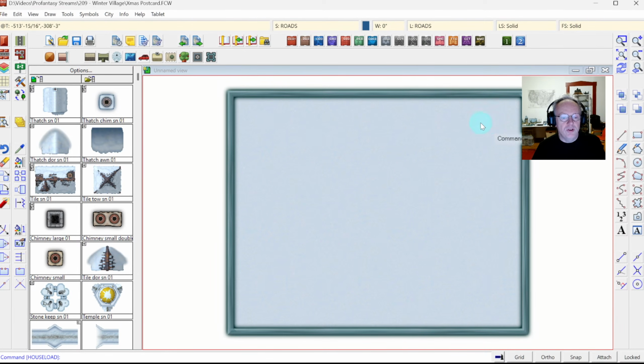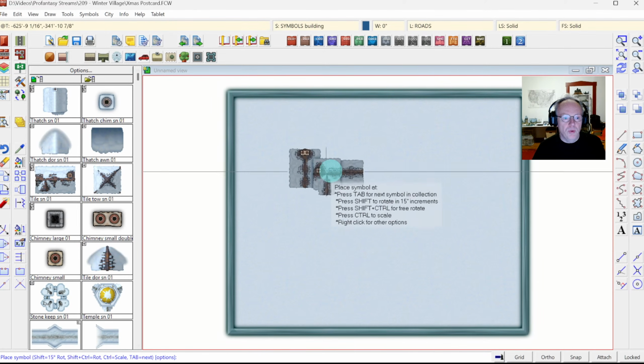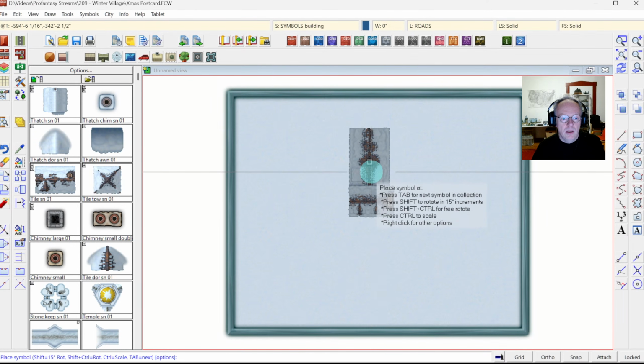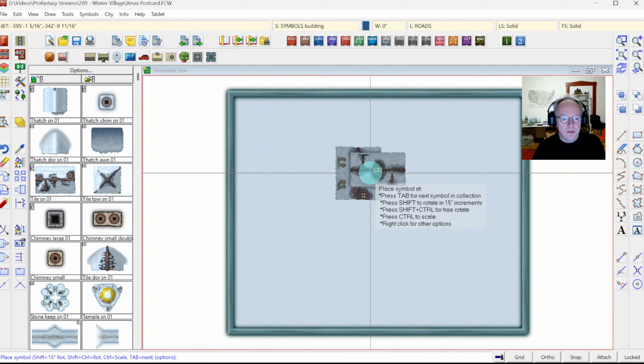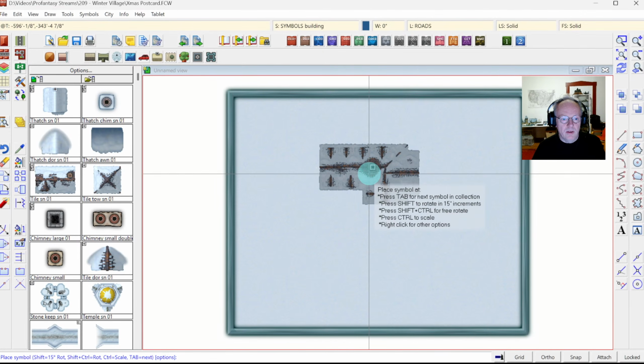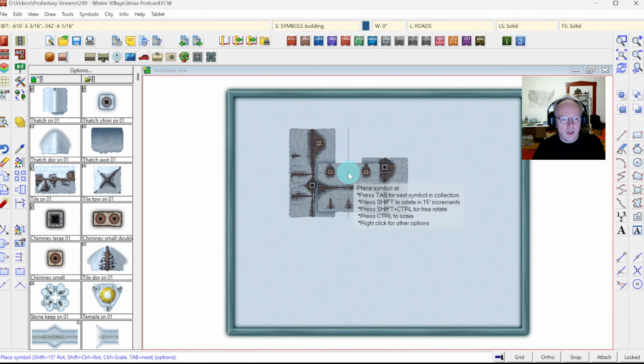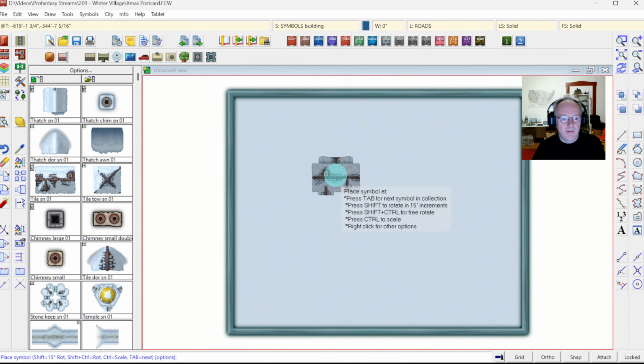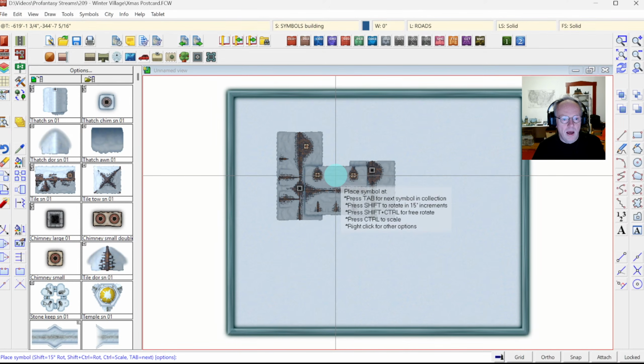Okay, so first off, I want to create a little village square. So I'm going to put some buildings around the central space. And for that, I'm just going to pick a house. I can cycle through the different symbols in a collection by hitting the tab key until I've got something that I like. So let's start with the largest house on the square,